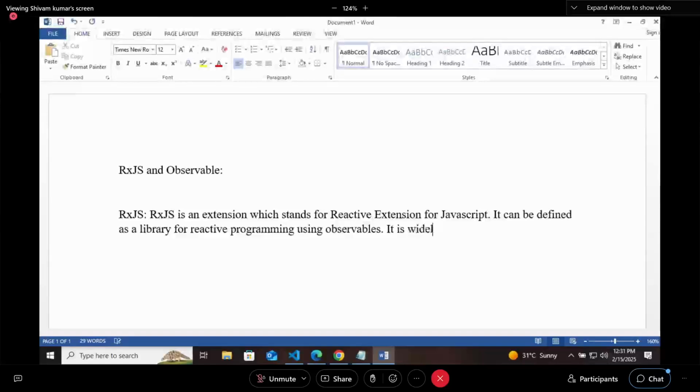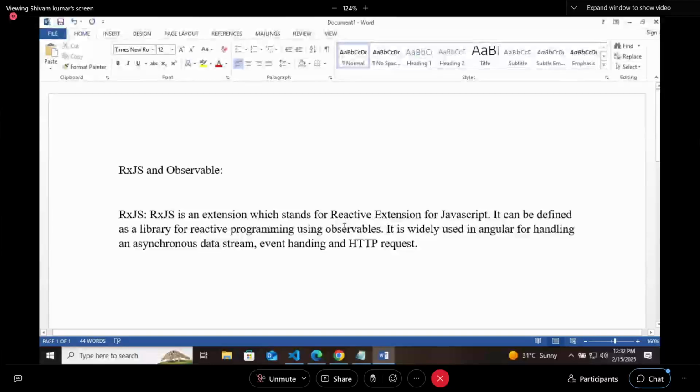It is widely used in Angular for handling asynchronous data streams, event handling, and HTTP requests. So RxJS is a reactive library that you can use along with observable.